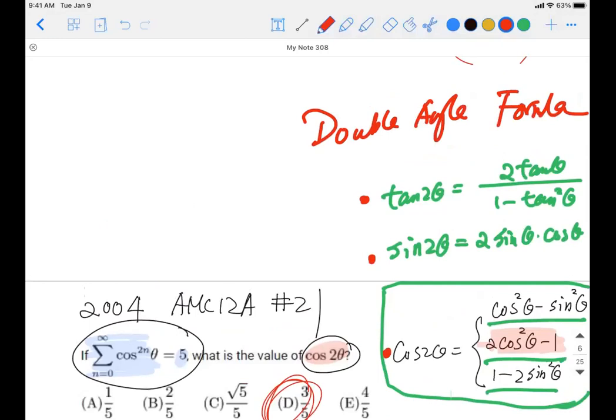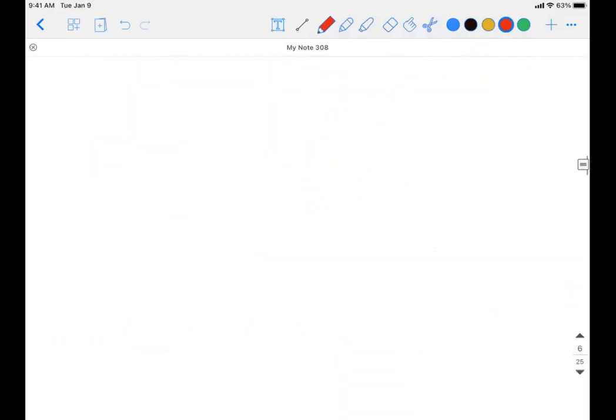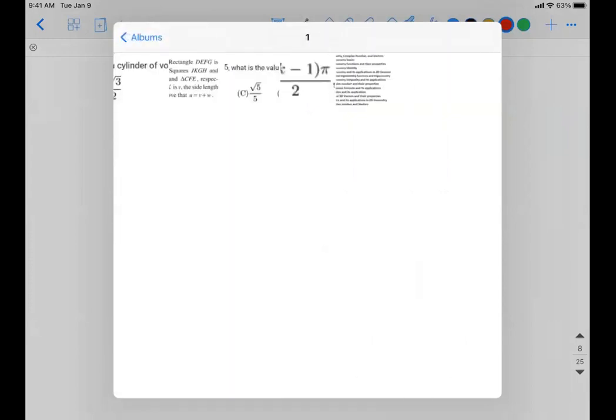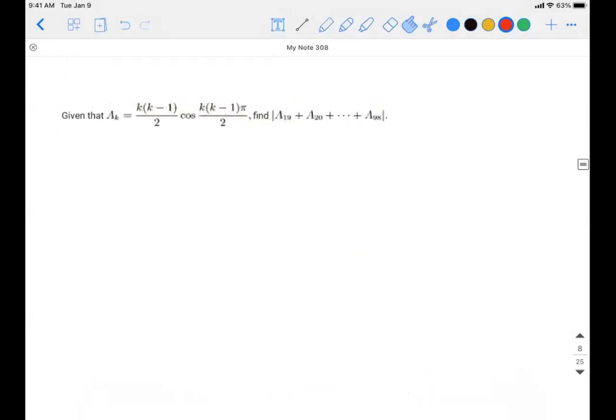Perfect. If all good, let's go to one relatively difficult problem, but not super difficult. Let's go for an AIME problem. Again, we're not using very flowery, very complicated identity. We just use something very basic, very foundational. So the problem we're looking at is a relatively old problem, 1998